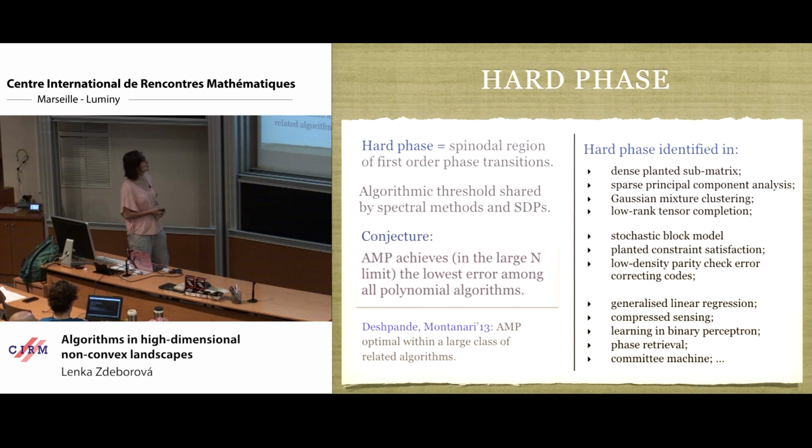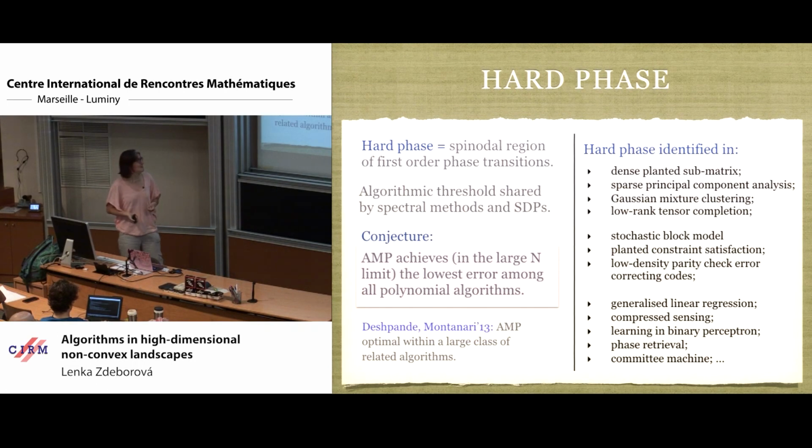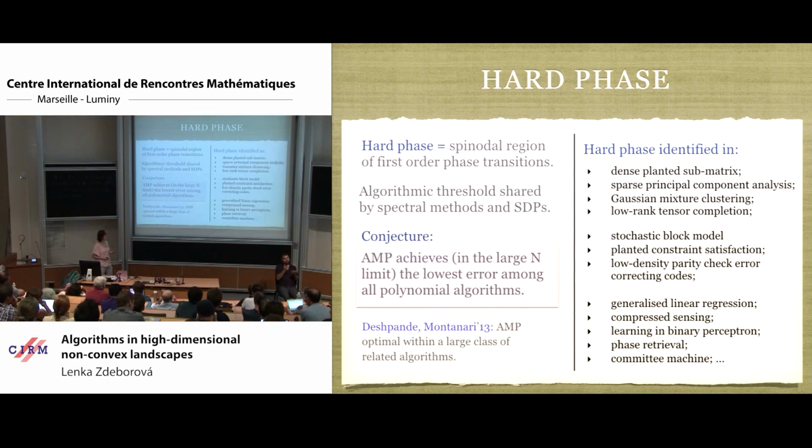So there is a conjecture that in the type of problem that I'm talking about, concretely this one, but the class is kind of broader, here I list other problems where we identified exactly the same algorithmic barrier, that of all polynomial algorithms, this approximate message passing is the best one. Of course this is as much a conjecture as it can get, because if I prove that, I would be on the way to proving that P is not NP, and many other things that nobody believes are simple to prove.